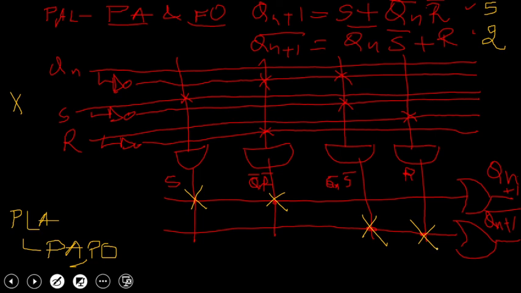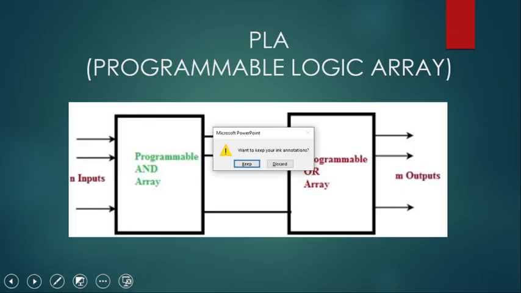So this is how you can implement other flip-flops also, like JK flip-flop, D or T. You can even make registers or counters also, because all of them lie in the category of sequential circuits. If you want me to discuss any other implementation of sequential circuits, you can ask me in the comment section.